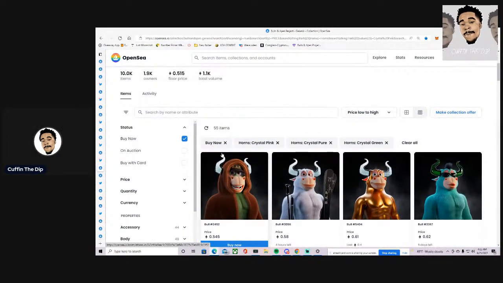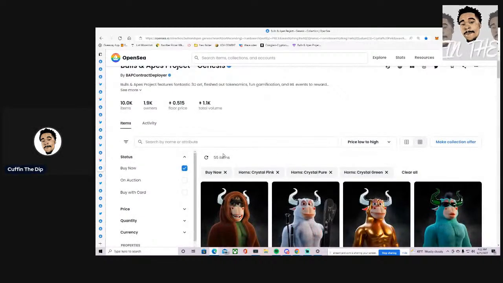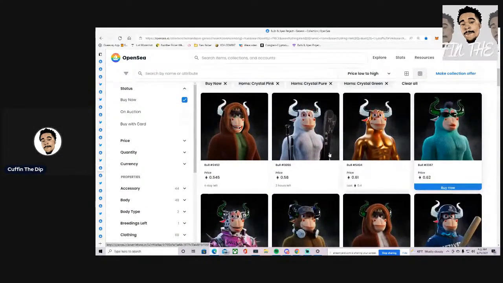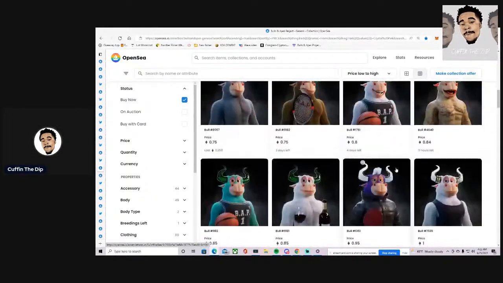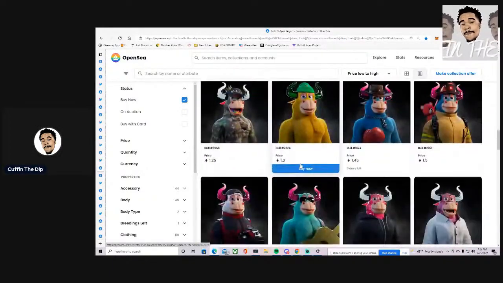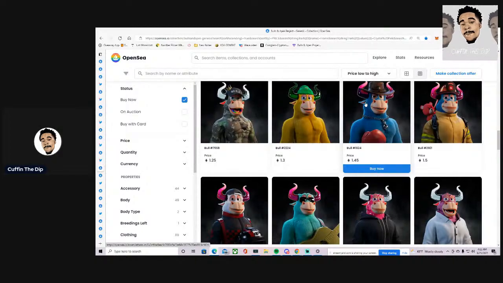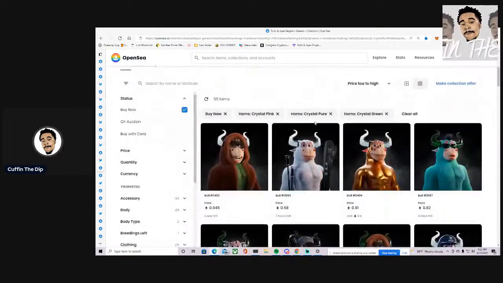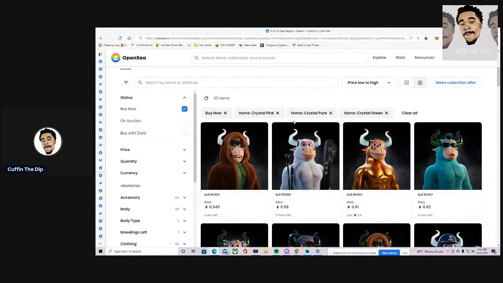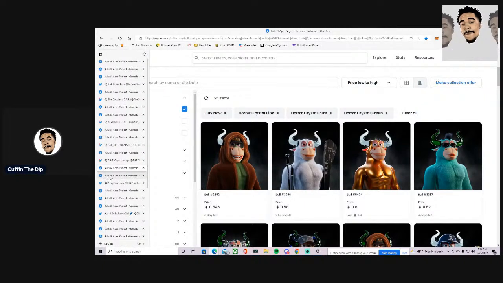The next one up that we have, guys, of course, is the Crystal Horns. So this group was formed not too long ago. So they do not have a current Twitter right now that I can pull up either. But they have the Crystal Pink, the Crystal Pure, and the Crystal Green horns. So you can see all of the different variations of the horns right there. So scroll through a little bit so you can see the different variations. This one's actually pretty cool. So some different ones that you guys can get into. If you guys did not know there was a trait group, now you do, and they are trying to build